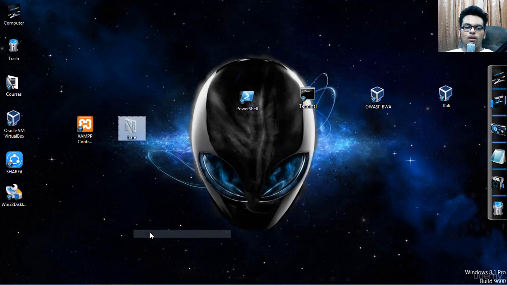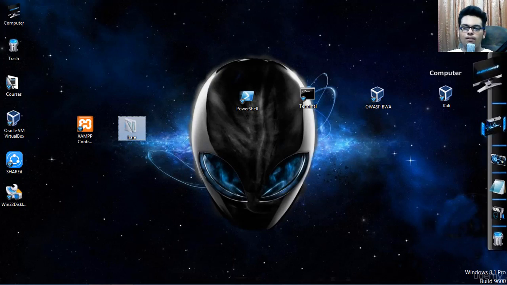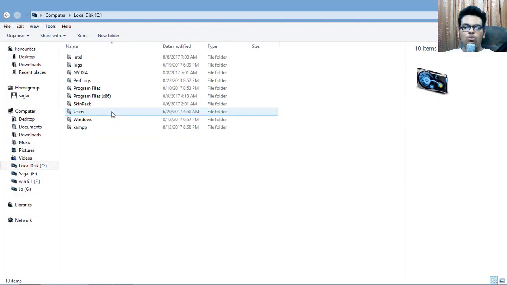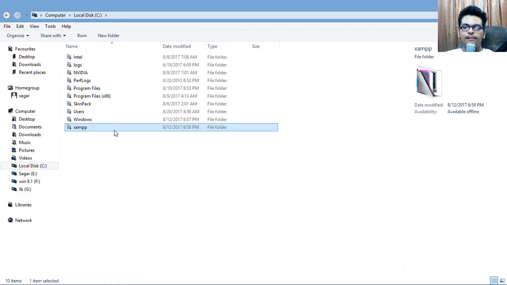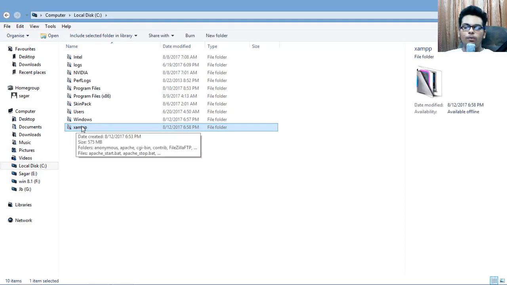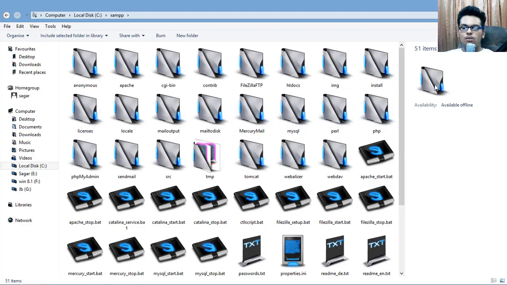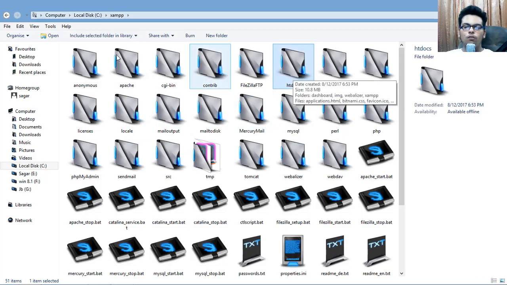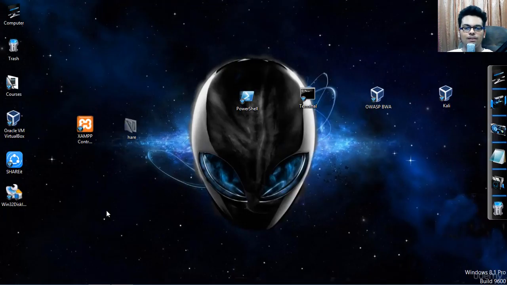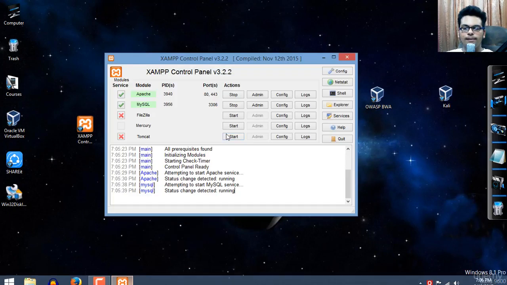You want to cut this folder from here, and then go to C, XAMPP. Wherever you have installed it, for Mac users, please find wherever you have installed it in your hard drive. It will be there, the XAMPP folder. Now you want to find htdocs. Or if you don't want to go through all this mess, what you can do is in XAMPP,